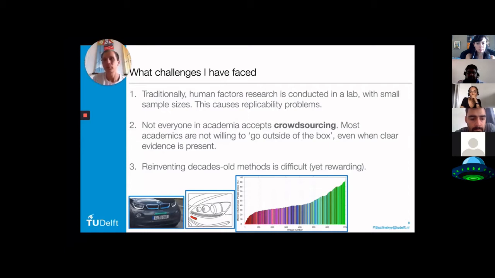So what we did, we asked people to rank the EHMI of a car, the external human machine interface, of all colors from a spectrum from red to green, taken at a certain step. So we had 700 plus colors which we put online, and we did a study in a few days, and it showed that